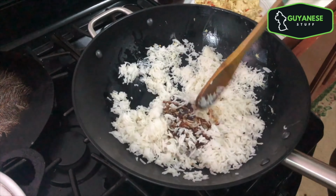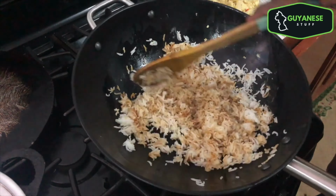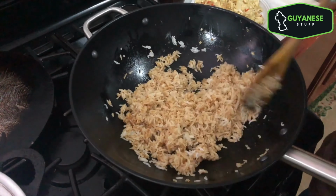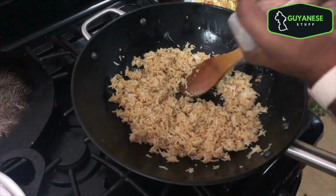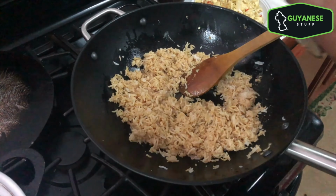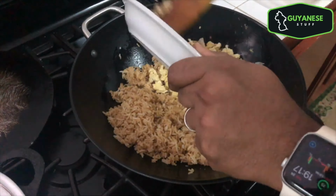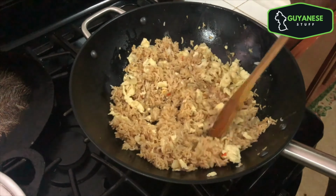And let's fry this up for a minute and a half, and we'll add 2 tablespoons of Chinese sauce or soy sauce. Allow this to fry up about 2 minutes. Stir it up. Add some salt, black pepper, and the main ingredient, the eggs. Give this a stir,